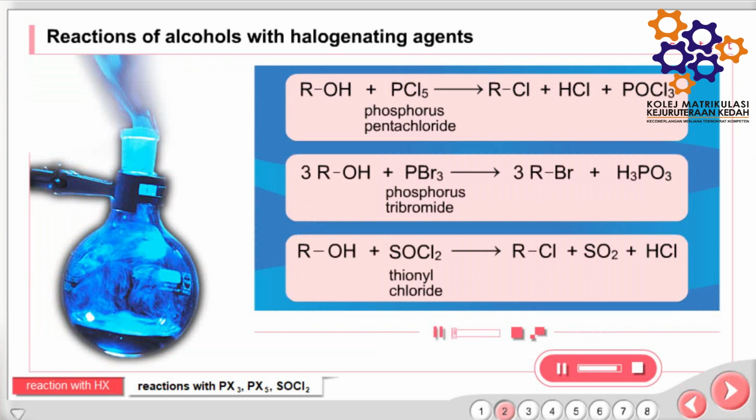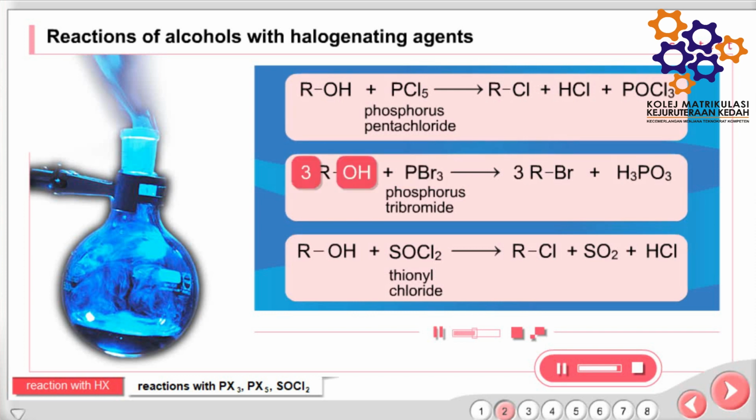Similar nucleophilic substitution reactions of the hydroxyl group in alcohols by halogens occur with other halogenating agents. The general equations for some of them are shown on the screen. They differ in their byproducts. Note that 1 mole of phosphorus pentachloride can halogenate only 1 mole of hydroxyl group, whereas phosphorus tribromide can halogenate